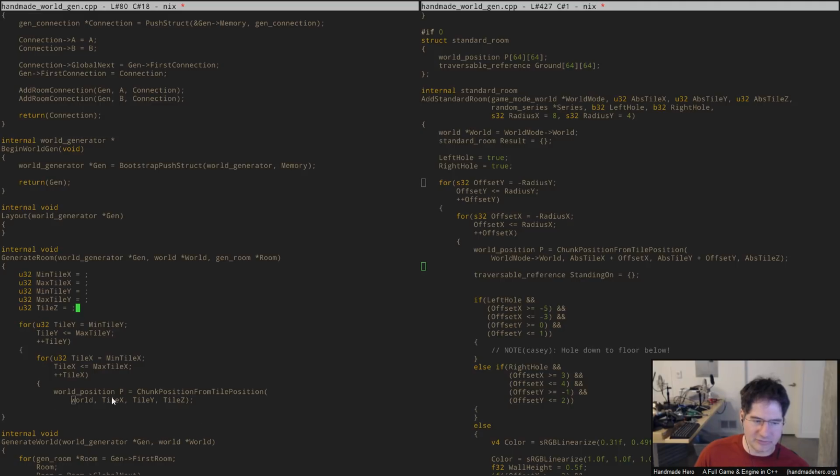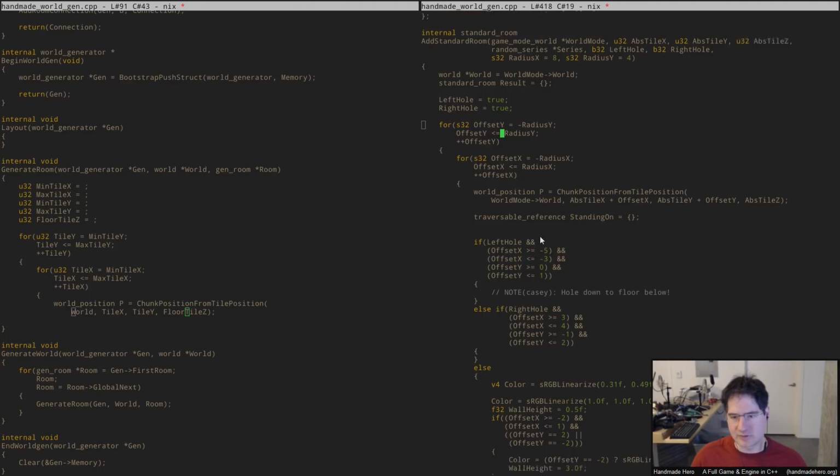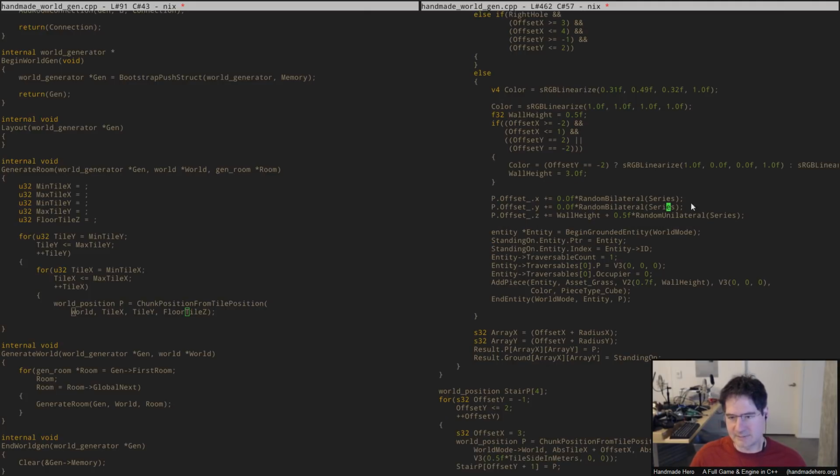And when we actually start to go down and put down the floor, maybe this is a better name for that, the floor tile Z. Then when I'm creating the actual floor, I can just make this stuff be reasonable. So if we take a look here, we can say,